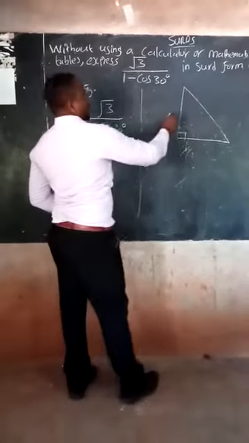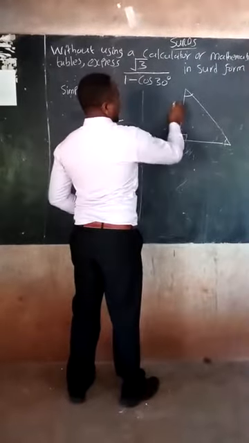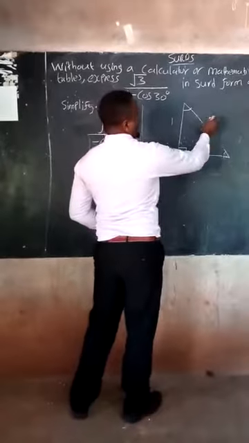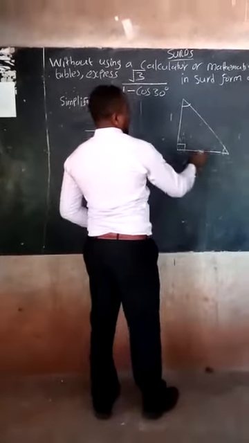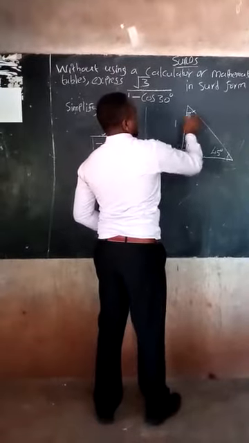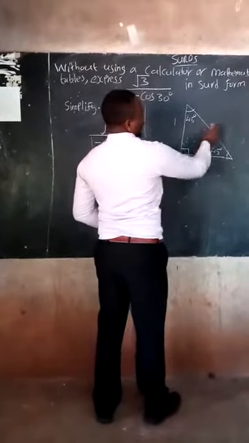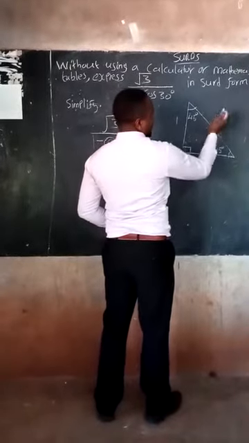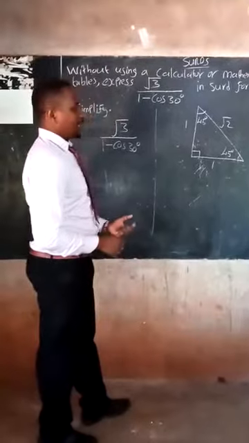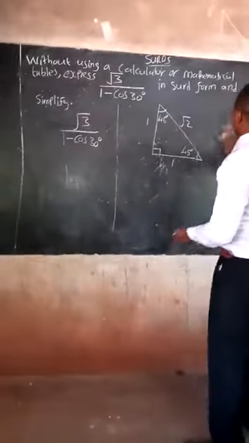If this is 90 degrees and this side is 1, equal to this side, 1 unit, then this angle should be 45 degrees, and this one should be 45 degrees. Then the hypotenuse should be 1 squared plus 1 squared, so it is the square root of 2. So you can get a trigonometric ratio. You can use this formula here,